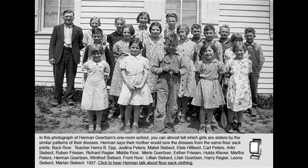In this image, we can see children lined up outside of a building. This building is their one-room schoolhouse down in Kansas during the early 1930s. During this time, the majority of the population in the United States was going through some very hard times, the Great Depression. Due to the stock market crash in 1929, many people had lost everything they had to their names,